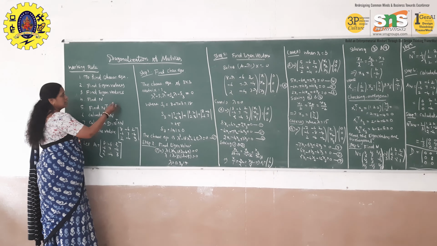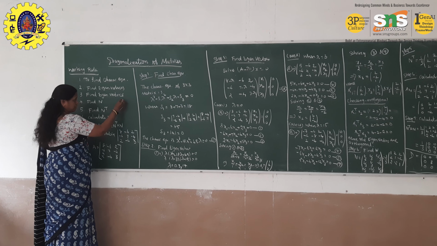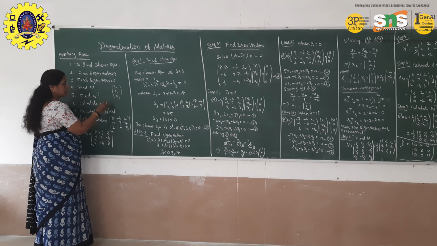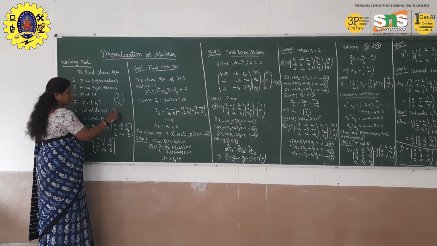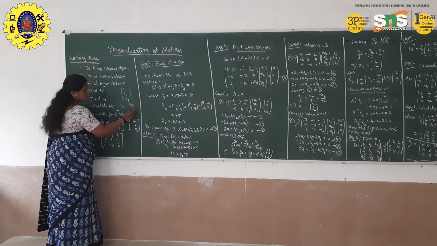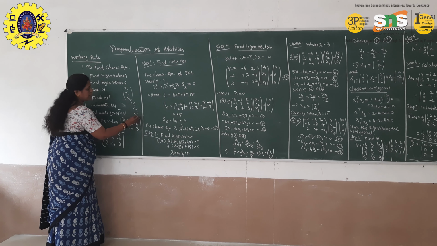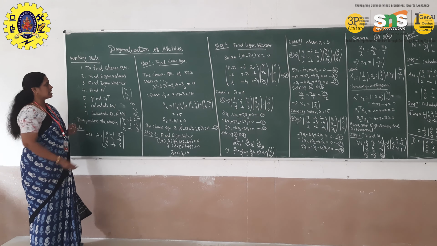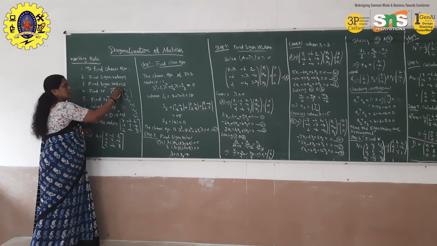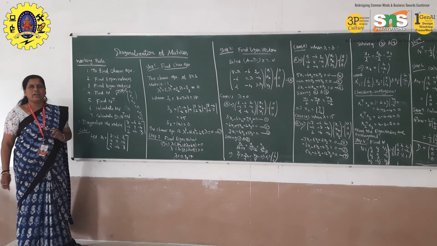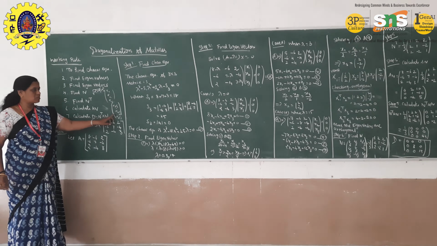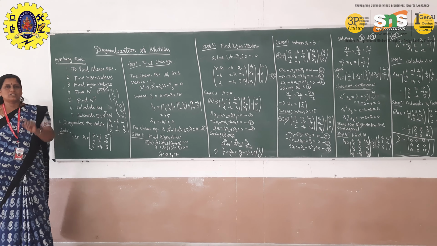For example, if the vector is x1, x2, x3, the corresponding normalized matrix is x1 divided by L, x2 divided by L, x3 divided by L. Here L is nothing but the square root of x1 square plus x2 square plus x3 square. In this way, we find the normalized matrix x1 by L, x2 by L, x3 by L for the corresponding